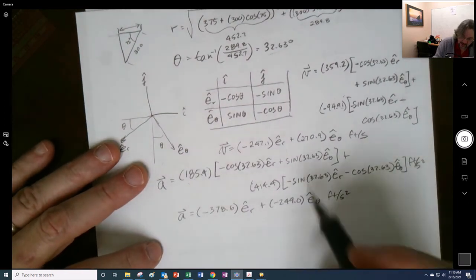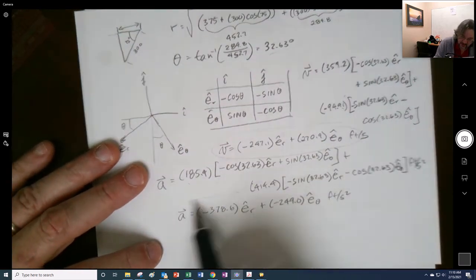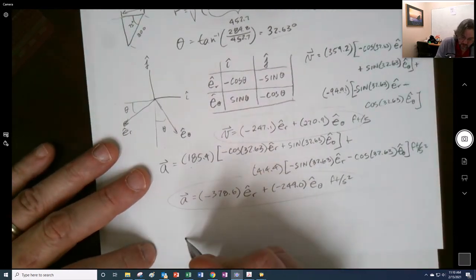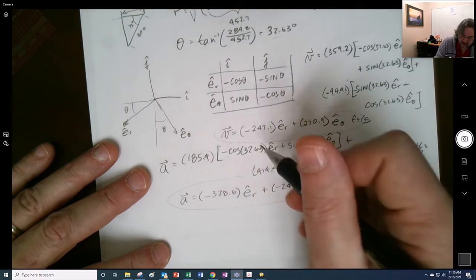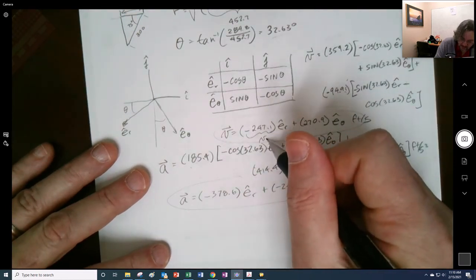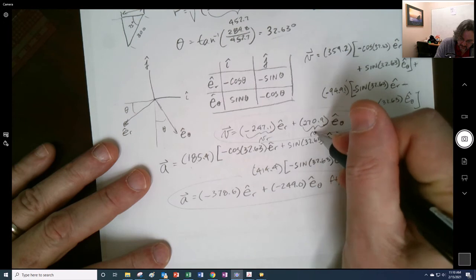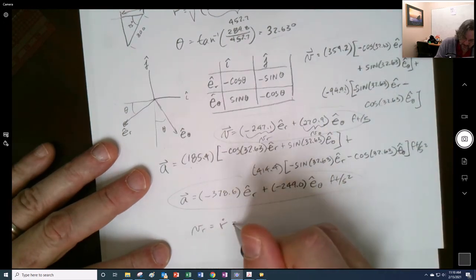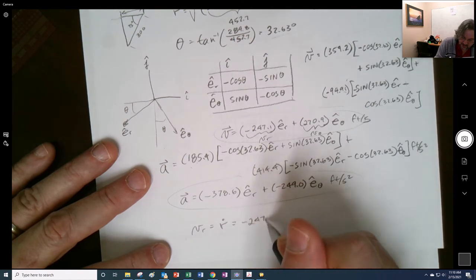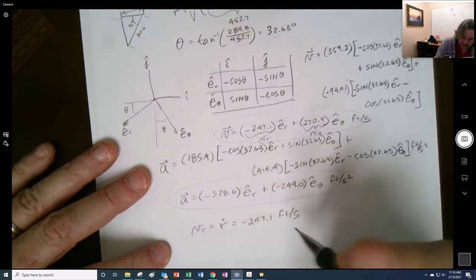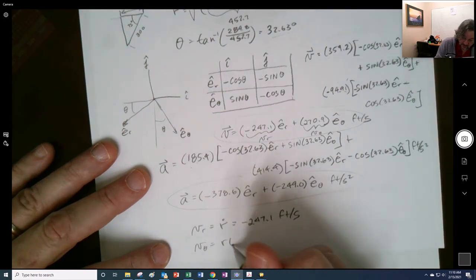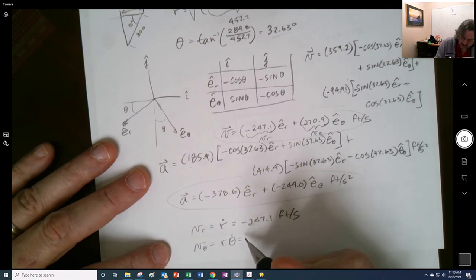Okay. So we have these two things, and we've transformed them. Now we want to turn them into polar coordinates. Well, what we could find first off is this right here is going to be VR, and this is V theta. So VR is R dot, which means that's equal to 247.1 feet per second. So that's one of our variables of interest. V theta is going to be R theta dot, and we know that that's equal to